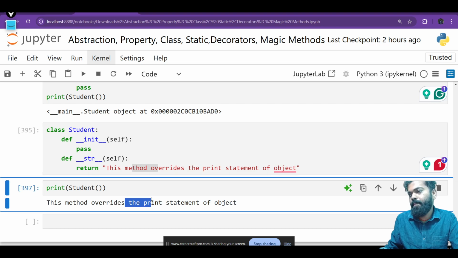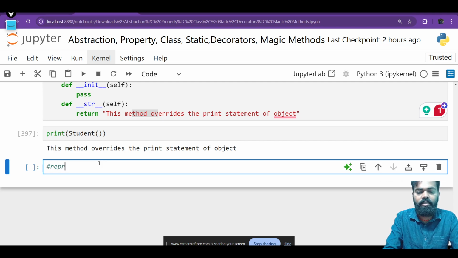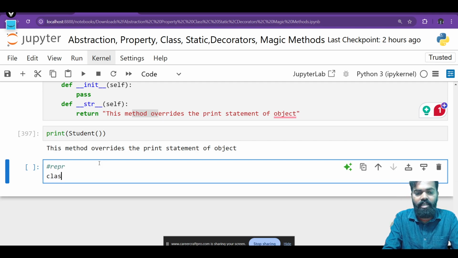Yes or no? Right. Similarly, we have other methods as well. One last magic method that we are going to see, __repr__, the representation. So what is happening? Let's say here class, I'll just take this example,